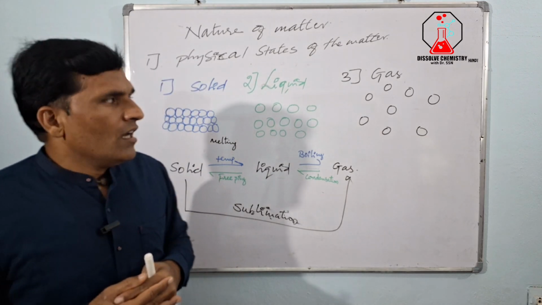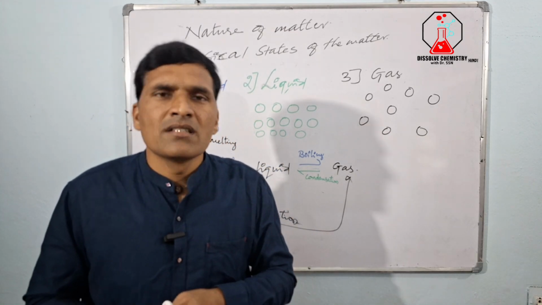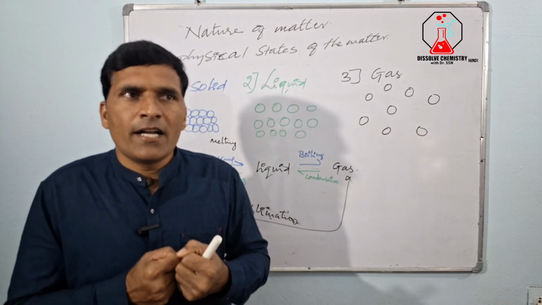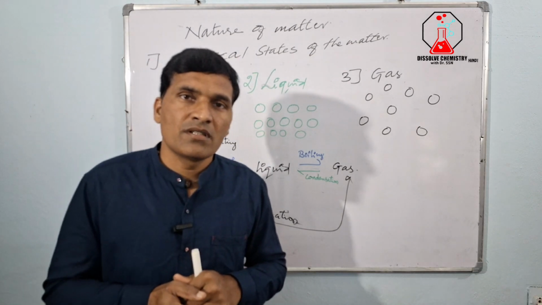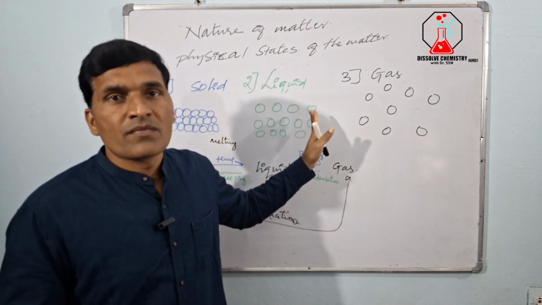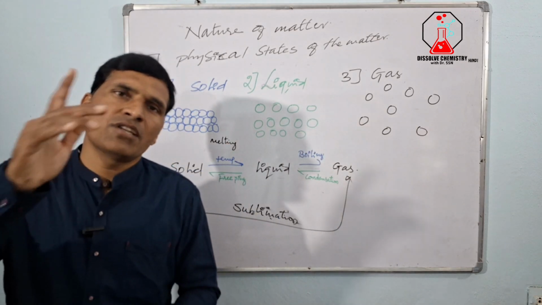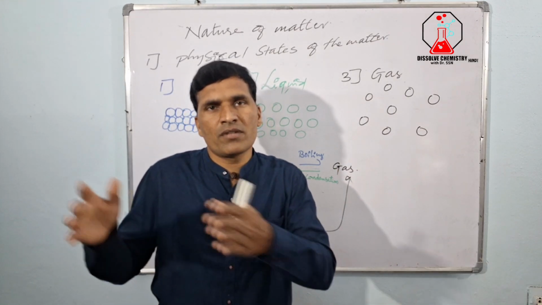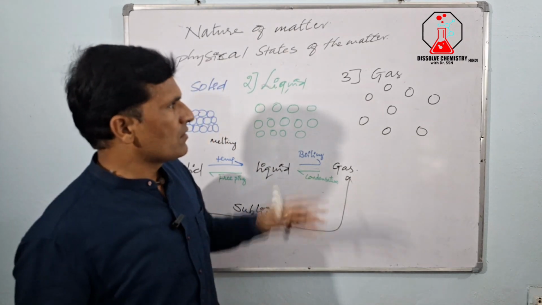And liquid means what? The intermolecular forces are moderate, so molecules are still held together with one another. And they don't have definite shape, whereas solids have definite shape and size and mass. Similarly, liquids have definite volume, but they don't have the definite shape. They will take the shape of the container. If you pack it in a cylinder, it will have cylinder shape. Or if you take it in another container, it will take the shape of that container. That is all about liquid state.